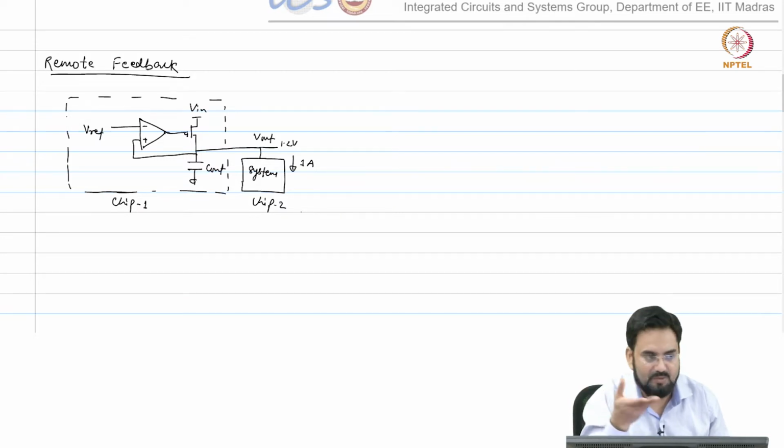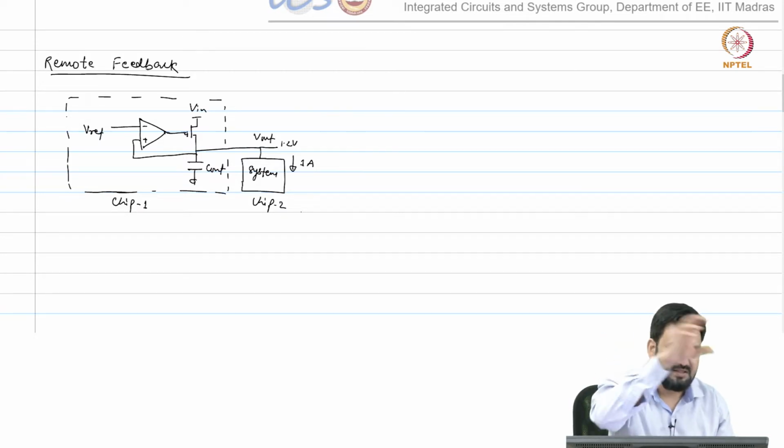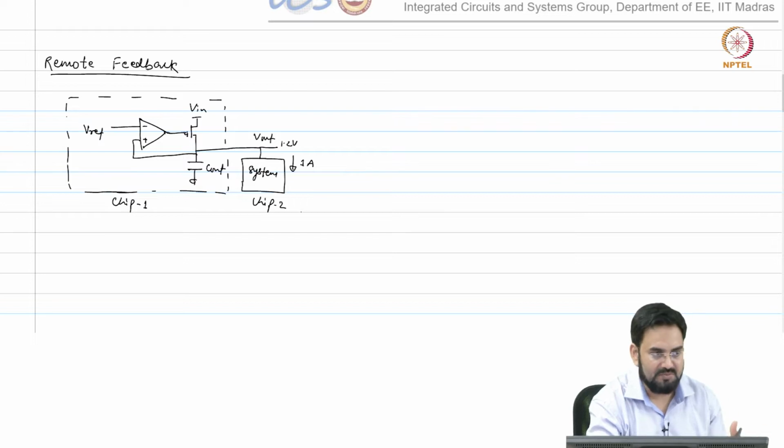Just like we saw the mobile example, you had a PMIC supplying voltage to different other modules, which could be your RF wireless transceiver or your audio amplifiers or your processor. So, just assume that you have a 2 chip module on a board.